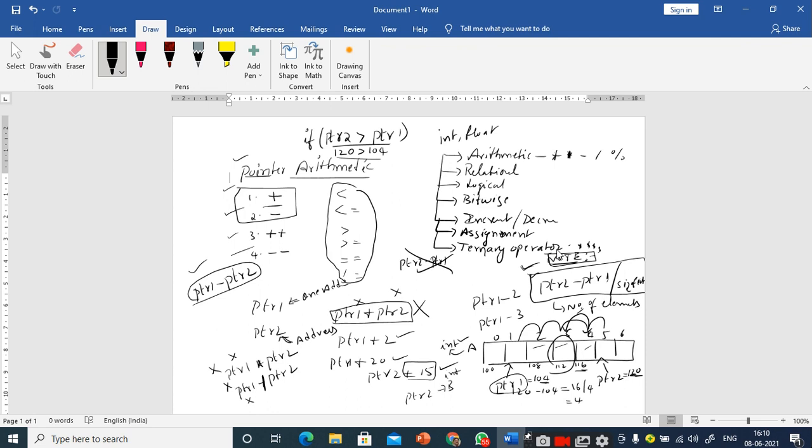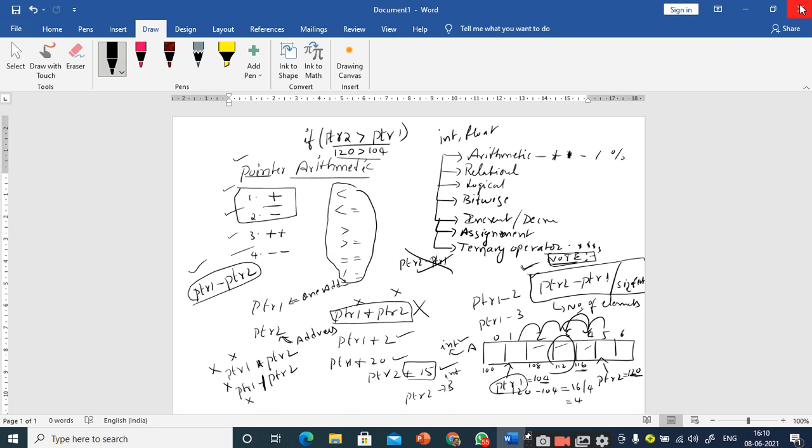Yes, sir. So now tell me, what are the valid operations that can be performed on pointers? Addition, subtraction, increment, decrement, and relational operations, sir. Super. Addition does not mean addition of two pointers, and subtraction does not mean subtraction of two pointers.